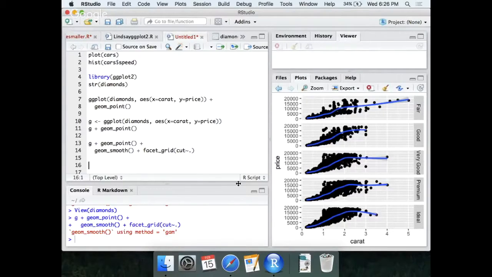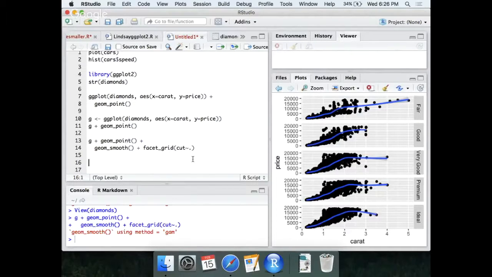Okay, so let's say we don't really want to facet, but we want to color the dots depending on the cut of the diamond. So we don't want different graphs. We just want to color the dots that we have in our graph to get a better picture of where they fall in terms of carat and price. So let's do that. So it's a tilde and a period. That is a very good question. So anyways,